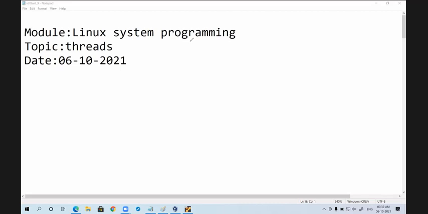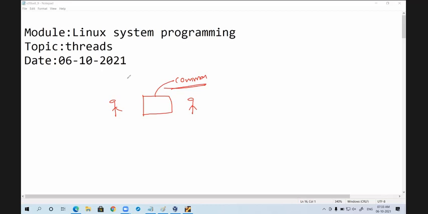I need to tell you one point. We implemented a synchronization mechanism between two processes when they are trying to access a common resource using the semaphore concept.